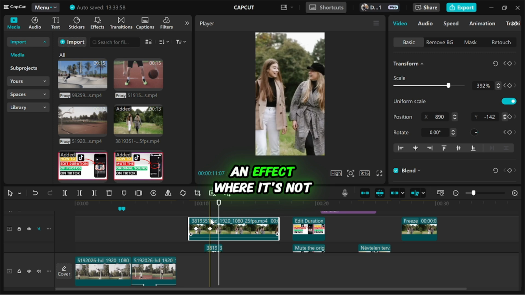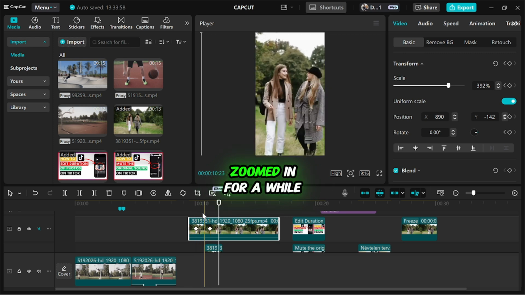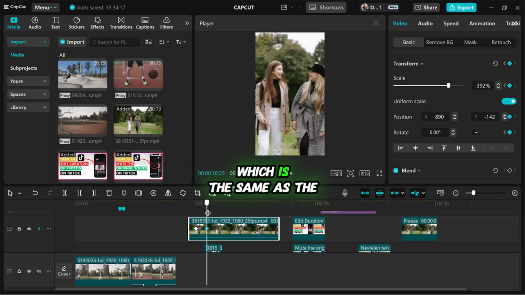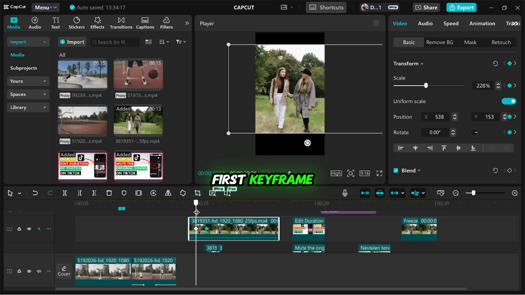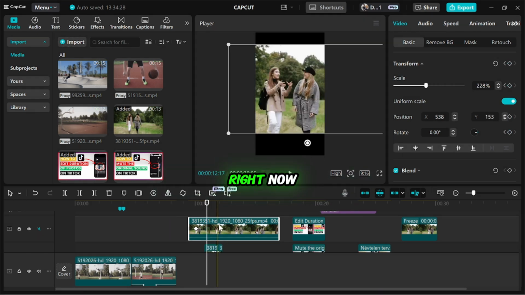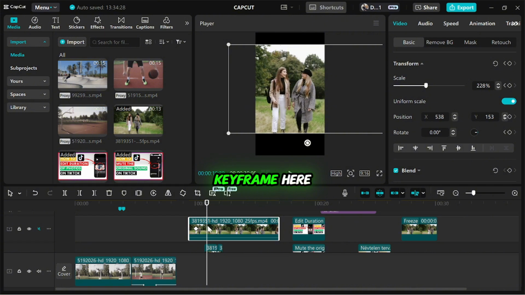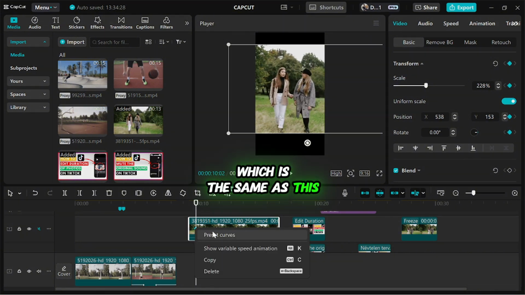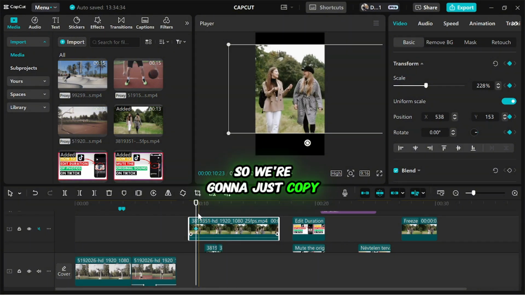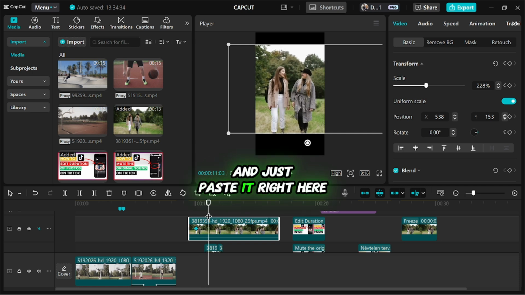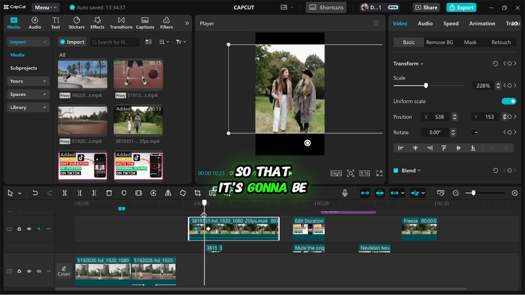If you would like an effect where it's not zoomed in for a while and then it's suddenly zoomed in, what you need to do is just have a keyframe which is the same as the first keyframe. So we're gonna delete this keyframe right now. So we're gonna have a keyframe here which is the same as this. So we're gonna just copy this keyframe and just paste it right here so that it's gonna be the same